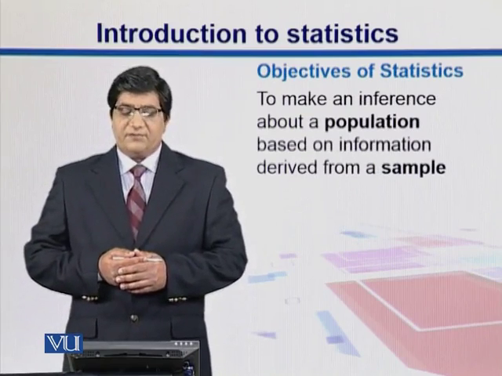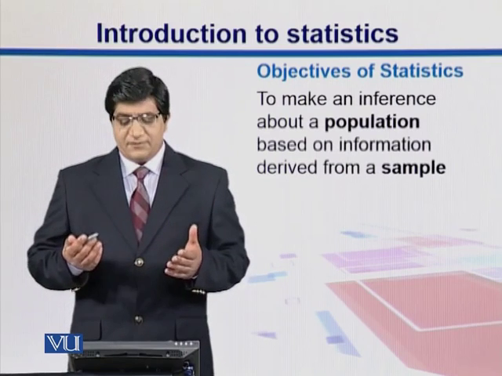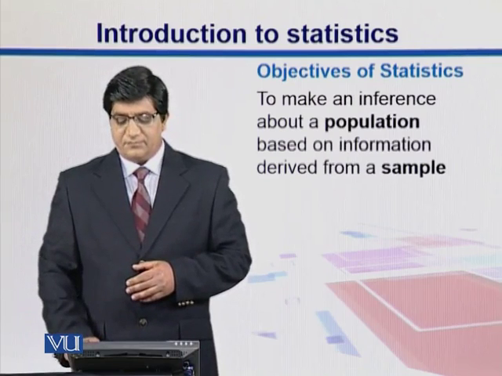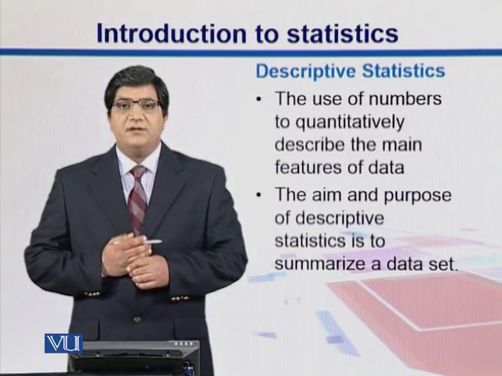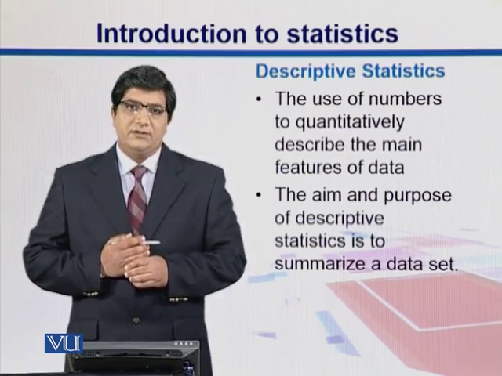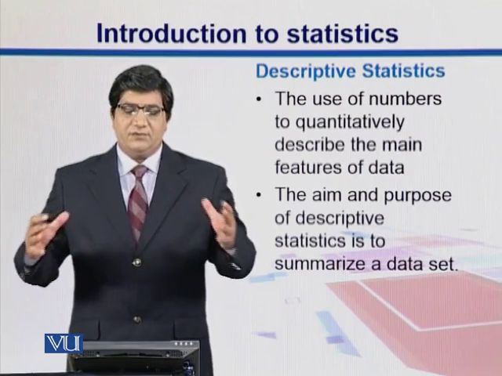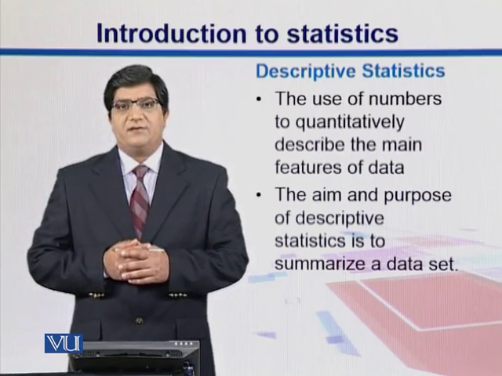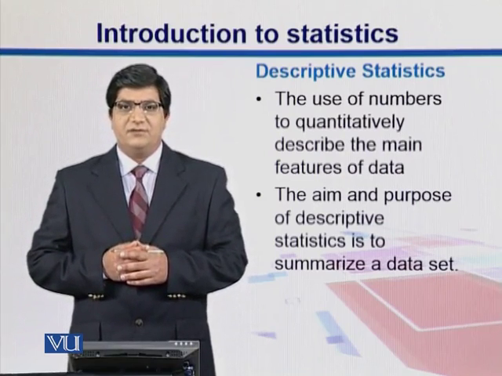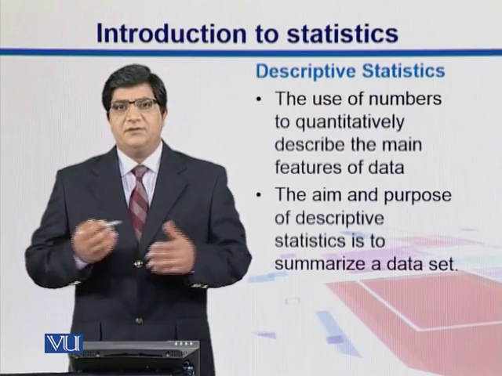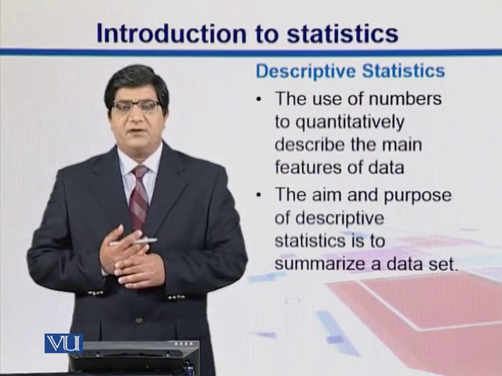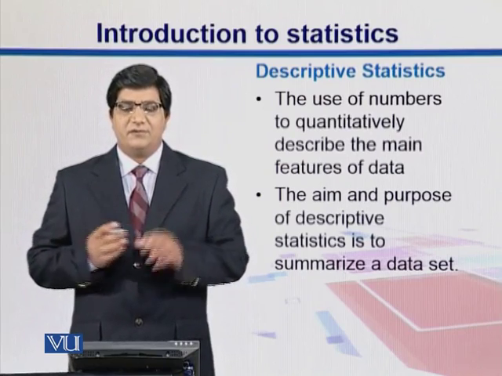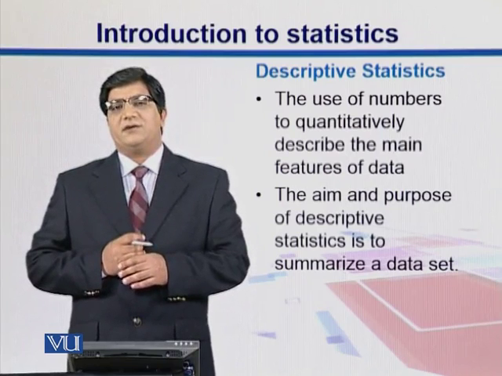The objective of statistics is to make inferences about the population based on the information coming from samples. So let me introduce what the population and sample are. Population is where you take the whole population. For example, if you are talking about the weights of master level students and you are talking about the whole university, that big thing is the population. Obviously you cannot take all of them, so you have to work with some small subset. In that case, that subset becomes your sample.